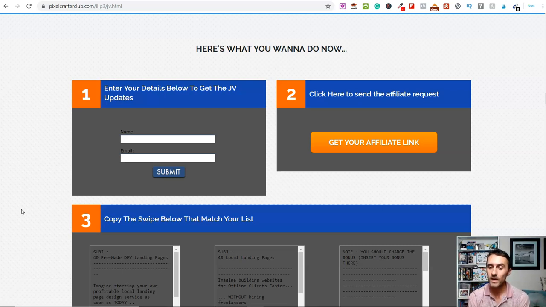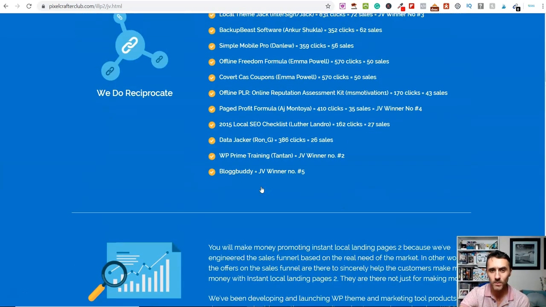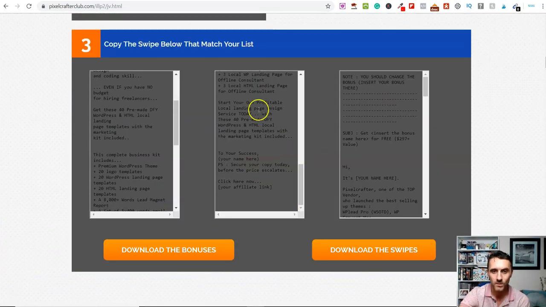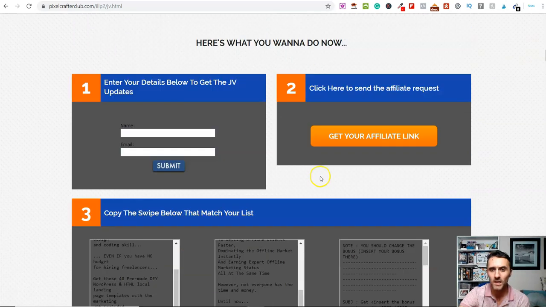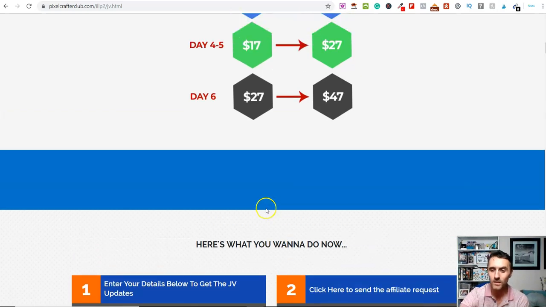So if you wanted to go ahead and do the traditional route of this, how would you do this? Well, there's a couple of ways you could do this. You could create a free blog, and you can do this on websites like Blogger, Wix, WordPress, etc. And what you can do is come over to this JV page here, and simply take bits from here. You could do screenshots, you could take some of the email swipe content, and basically put all of this together into a blog article. It's really simple stuff, and then within your blog article you include a link to your product that you're recommending,